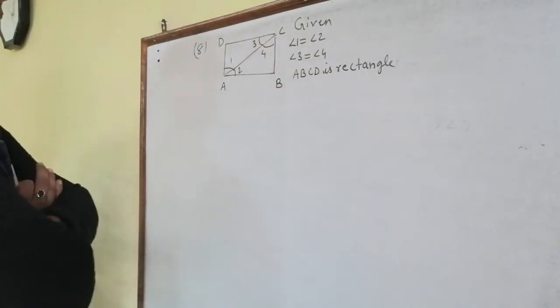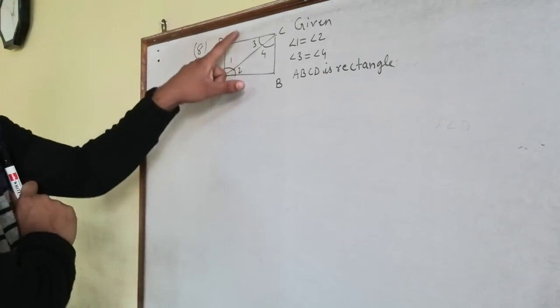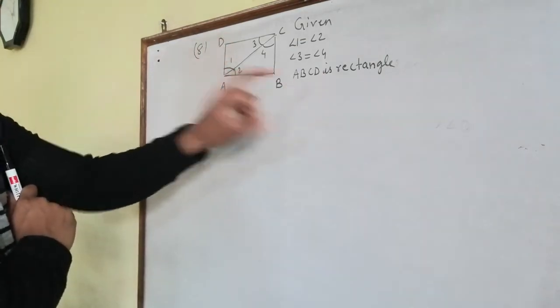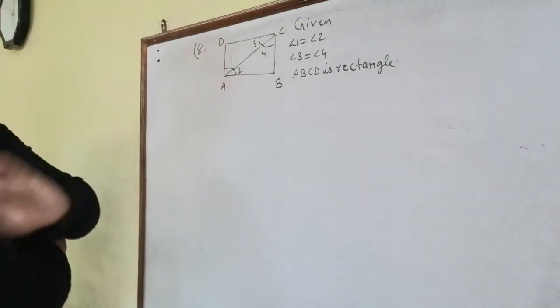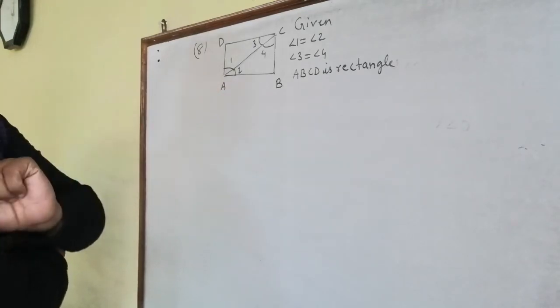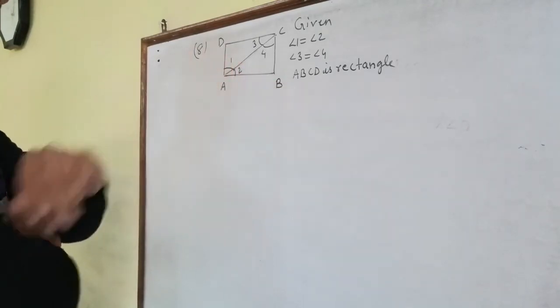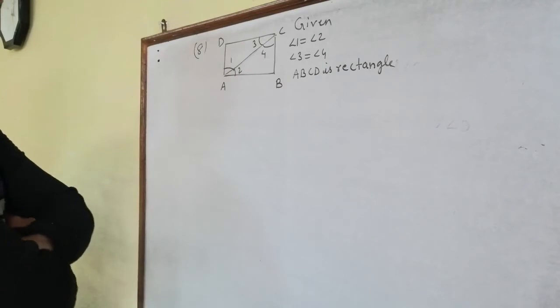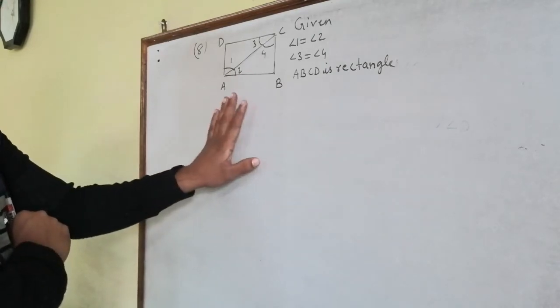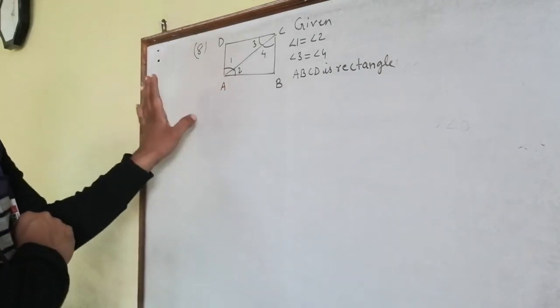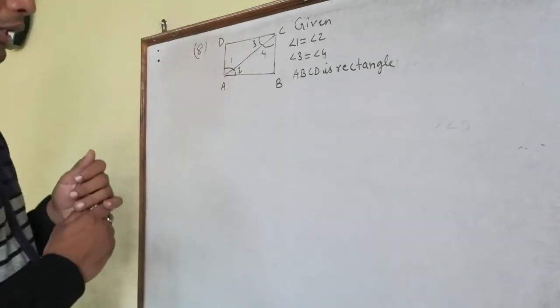To make the ABCD a square, what we have to do? We have to make opposite sides and all sides equal. So opposite sides are given equal, and all angles are equal. So in this question, we do not have to make angles equal because it is a rectangle. Angles of the rectangle are also 90 degrees. So for that part, regarding the angle part, we don't have to do anything. Only we have to make sides equal.